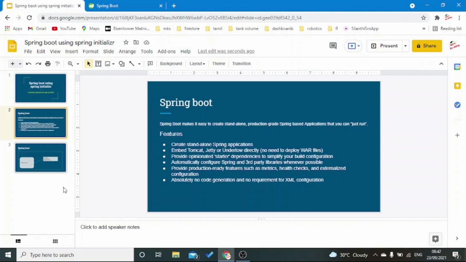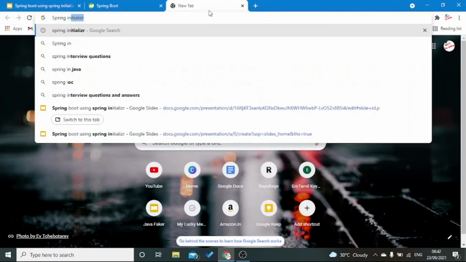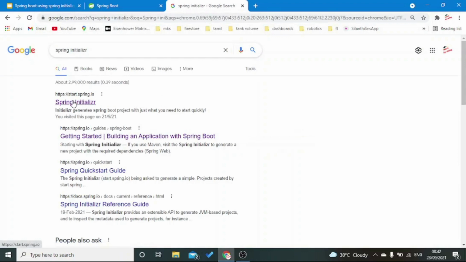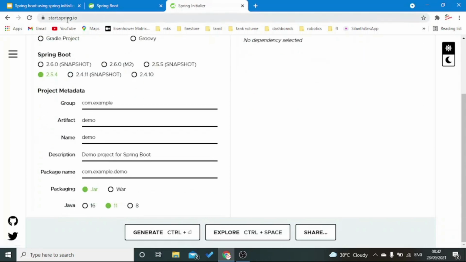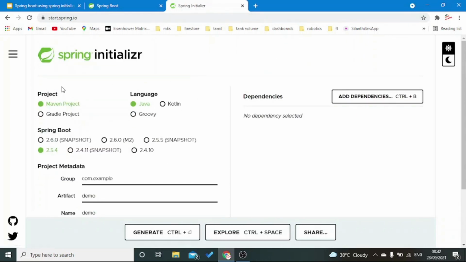Okay, enough of theory, and we will now see quickly how to create a Spring Boot application. Spring Framework itself provides something called Spring Initializr, which is at start.spring.io. If you type start.spring.io, that is the website where you can create your plain Spring Boot application. You have a choice: either you can create a Maven project or Gradle project, and you can choose a language among Java, Kotlin, Groovy. I have chosen Maven and Java, and you can also choose Spring Boot's version,